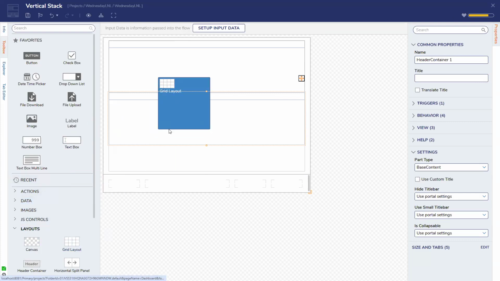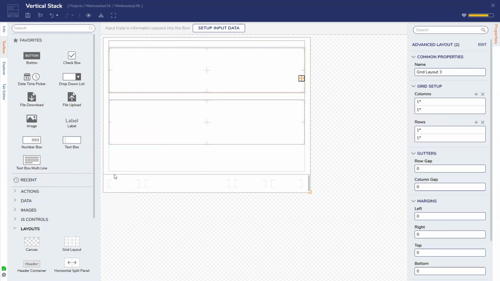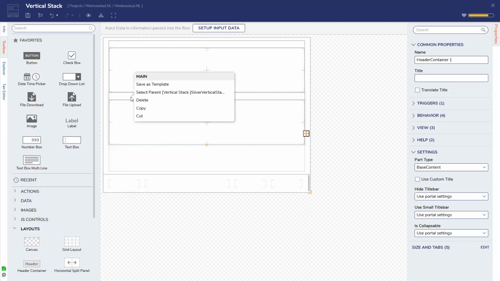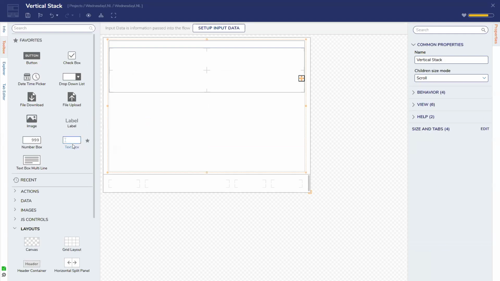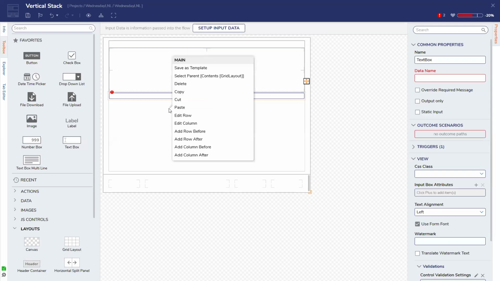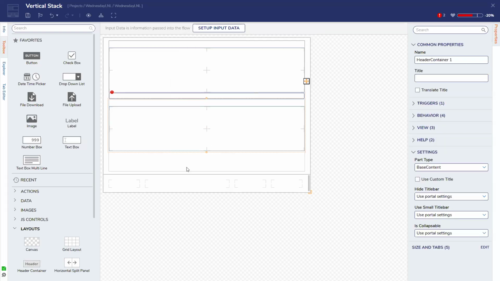Yes, but it doesn't really matter. It would be cool if you can just right click on the header and say add element before or after, just like you have in rows and columns. I see. So we're looking to add an element after. So we add that, and then if we put that back in,